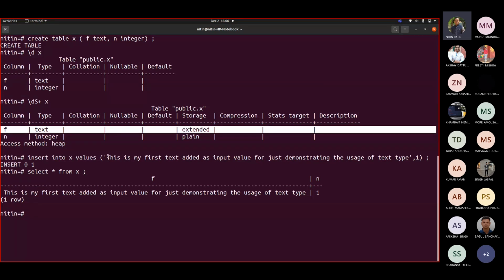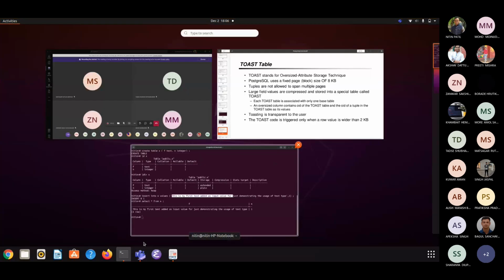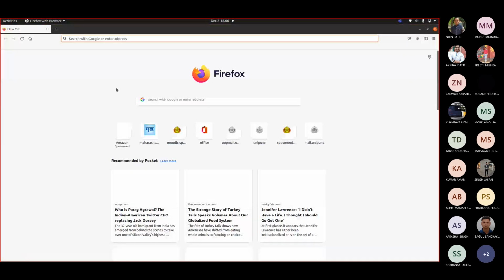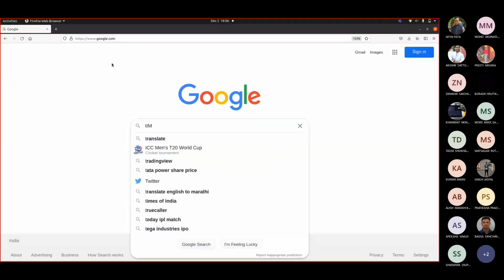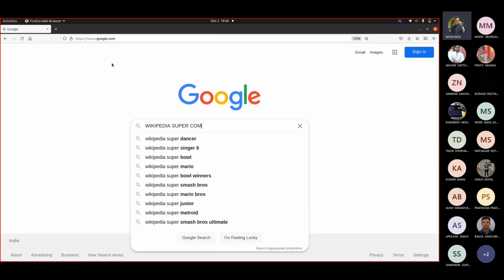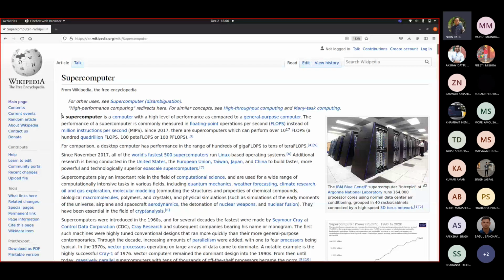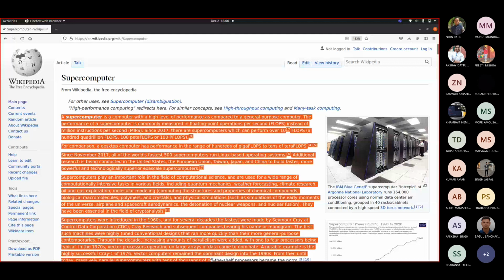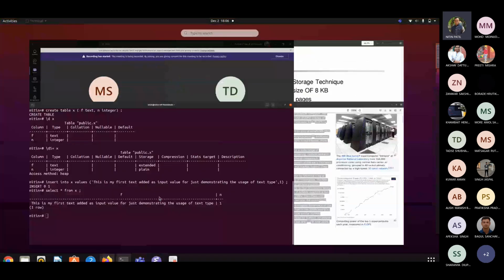Now what happens if this is a paragraph? For example, let me open the browser. Suppose I wish to add a bigger text, for example, like this. Let us take this into gedit.